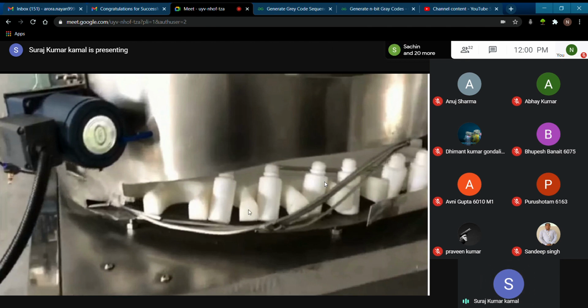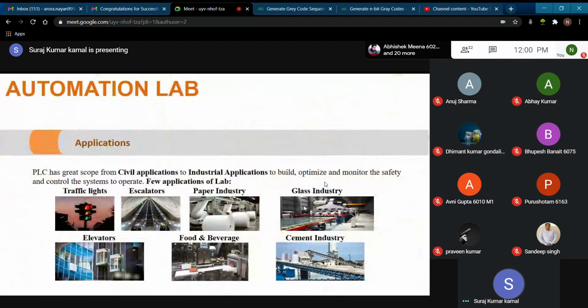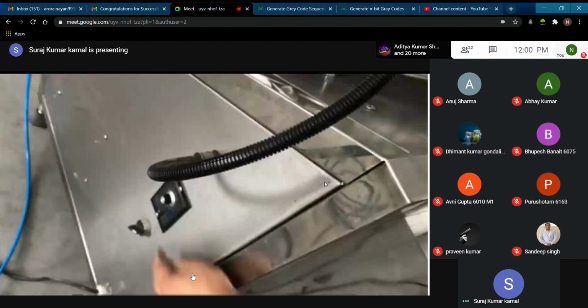Inspection means that only the bottles whose dimensions are permissible for that particular sort of product can go through from here to the next station. The rest of the bottles will be taken away by the system. It will be inspected by a sensor over here, which will sense the height, the dimension and the cylindrical uniformity, and then it will move the bottles to the next station.